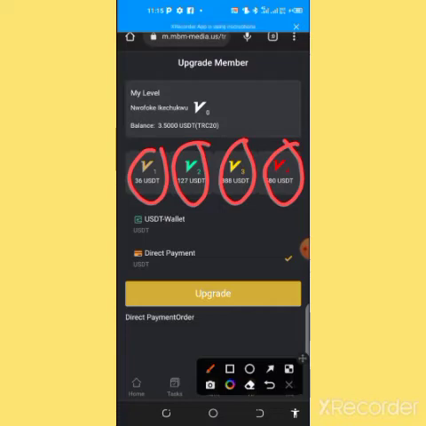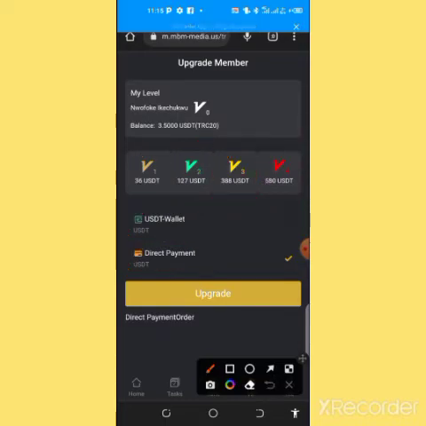As you can see, this is the option for wallet upgrade, and this is the option for direct payment, but I recommend you use wallet upgrade, guys. Those that want to deposit can use direct payment, but I recommend that once you have the requirement for upgrade, you keep earning.